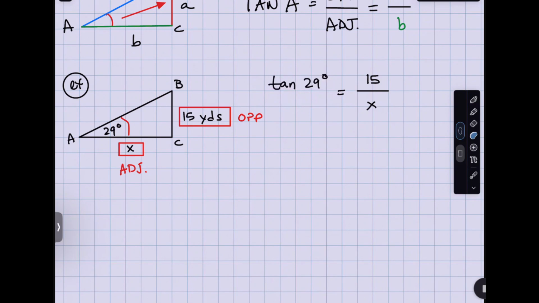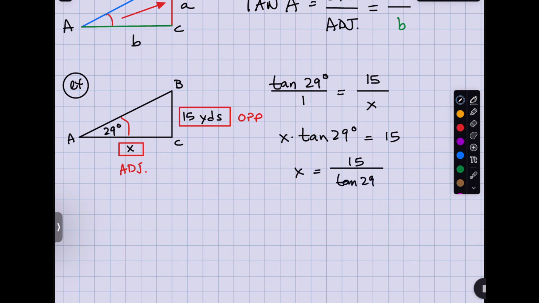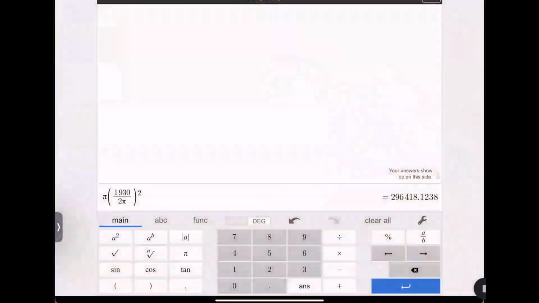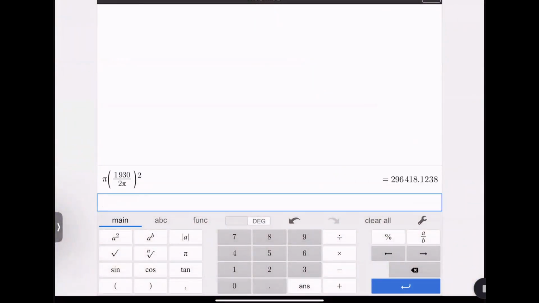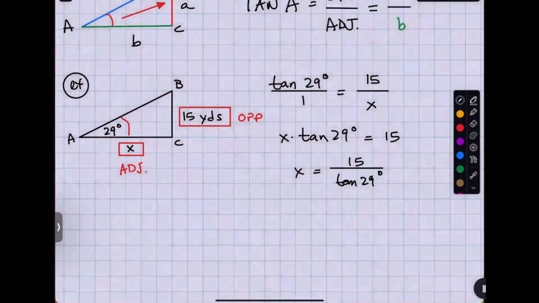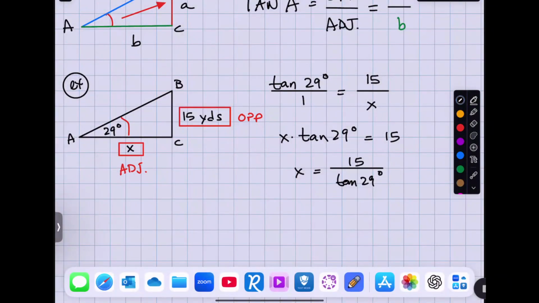I can make anything a fraction by putting it over 1. Now I can cross multiply. So x times the tangent of 29 degrees is equal to 15 times 1. So x is going to equal 15 divided by the tangent of 29 degrees, which on your calculator, if I can remember, is 15 divided by,